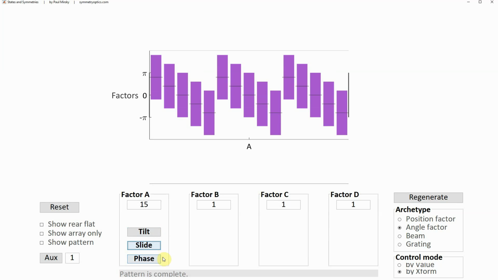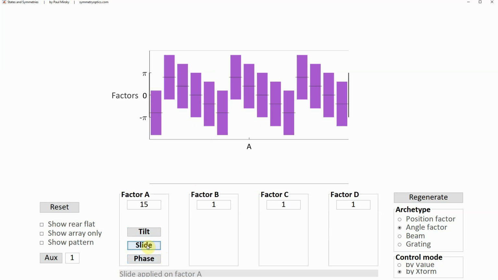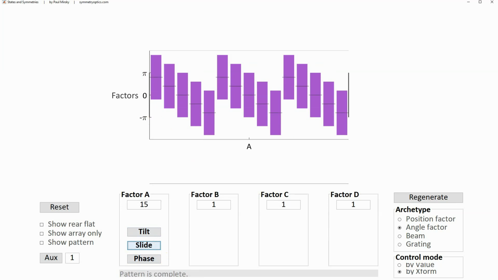If we begin with this state and apply slide exactly once, the very first component moves to the phase -4/5 pi. To show the phase of each component more clearly, we have the center lines temporarily turned on. Next, we return to the original state, and this time, instead of clicking slide, we click phase.